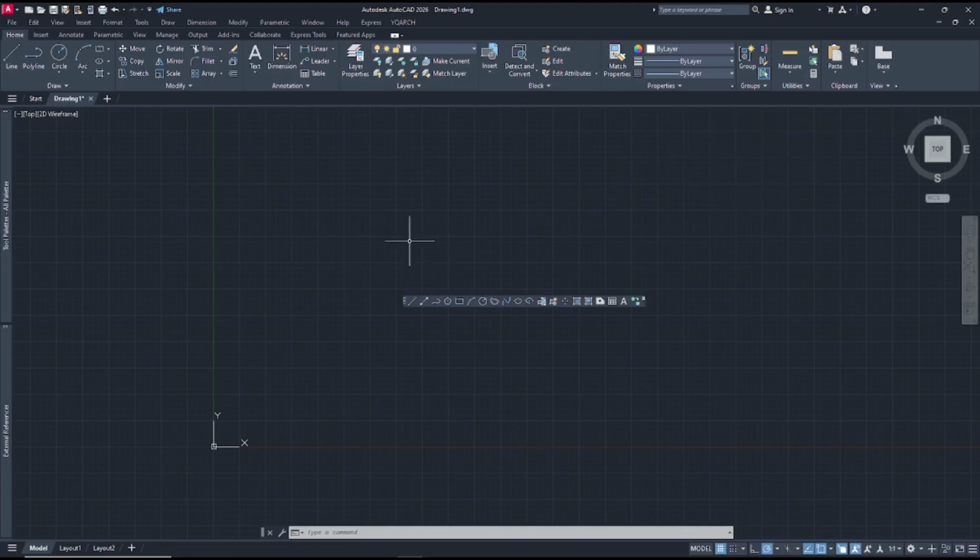Okay, that's it for basic AutoCAD tips and tricks number 16: how to float a dialog box or